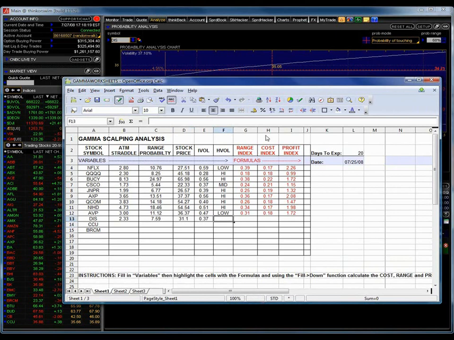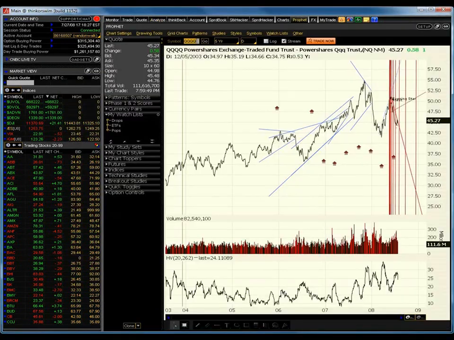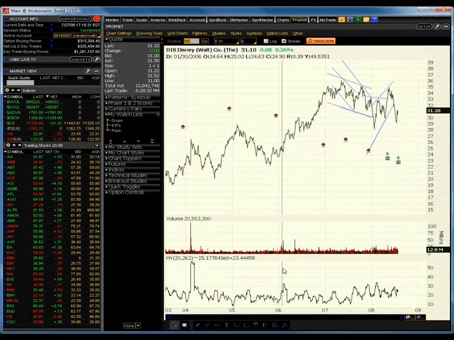And then what we want to do is take a look at the stock price in terms of historical volatility. So we'll go over to our profit chart here and we'll enter the symbol. And this is where we really need to make a judgment call. If we take a look at the historical basis of the volatility of Disney, you can see that it's currently the last is